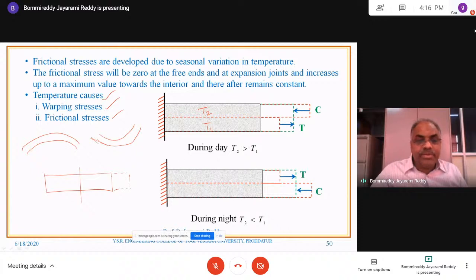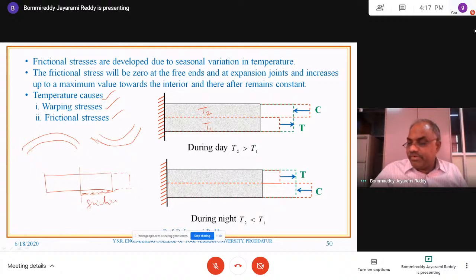But because of the friction induced at the bottom of the pavement and the layer, what is going to happen? It is going to prevent that expansion. That expansion is going to be prevented by this, and the stresses induced at the bottom are called the frictional